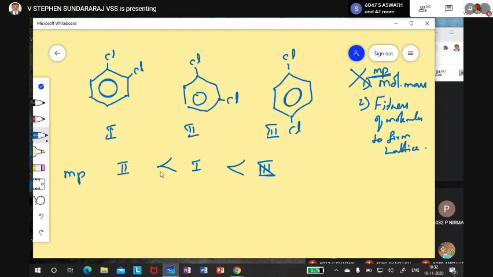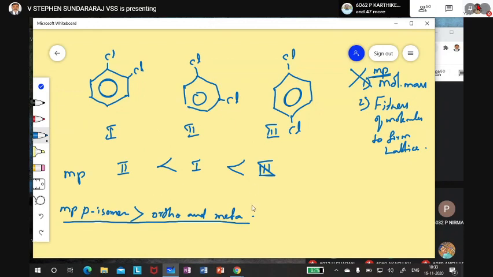Anyway, just try to find out the reason. Why is the third the highest one? Because there is symmetry. They will not ask in this way; they will give the values, and mainly they'll ask that para isomer has a melting point greater than ortho and meta. So for you the question becomes easier. Here for meta and ortho I'll also tell the reason, but mostly they'll ask this way, give reason.